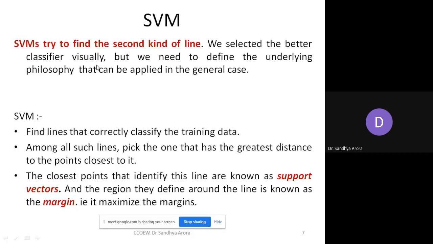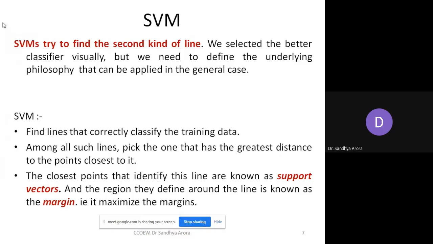What did we do in our case? I told you visually that the first line seems to be a bit skewed, and the second line seems to have a good margin with the vector spaces. But we don't work visually with the data points, isn't it? SVM works on that margin only. So SVM works on that principle. It maximizes that margin. Whatever you are visualizing, SVM just works on that visualization concept.